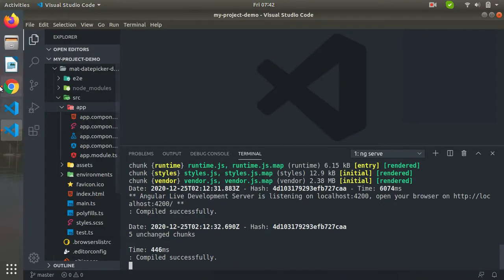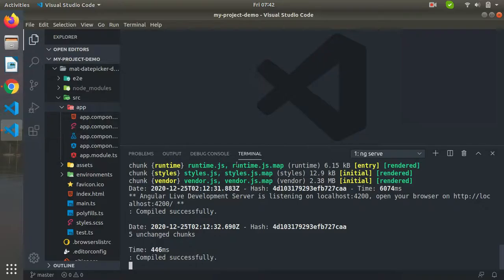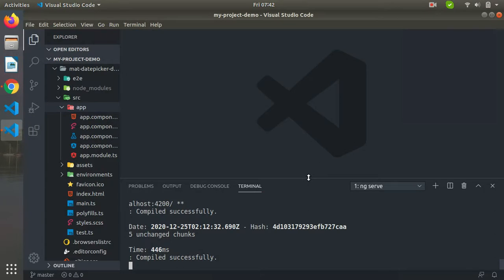Now it got served, and here we can see our application mat date picker demo app is running. Okay, so we have created our Angular project successfully.